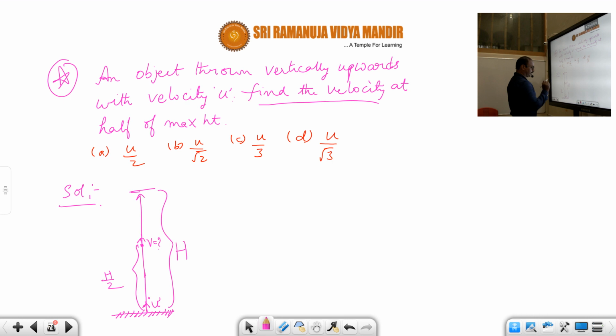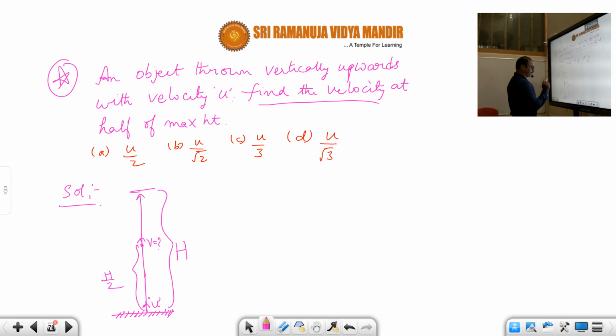Okay, students. Now we'll verify the equations, the first, second, and third, and see which equation is preferable to find the velocity at half of the maximum height. First equation, v equals u plus at. This is not possible because the height term is not there and the time is also not given in this problem. Eliminating the first equation, then moving to the second equation, s equals ut plus half at square. The second equation is also not possible because the time information is not there. Therefore eliminating the second equation also.